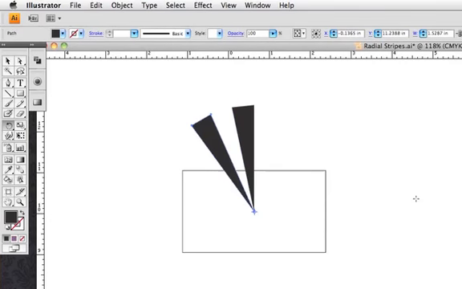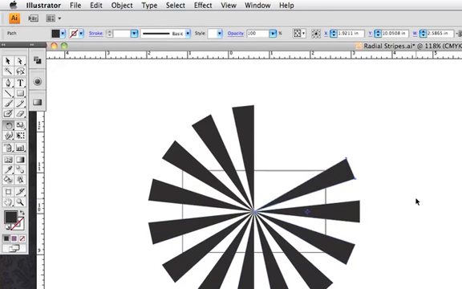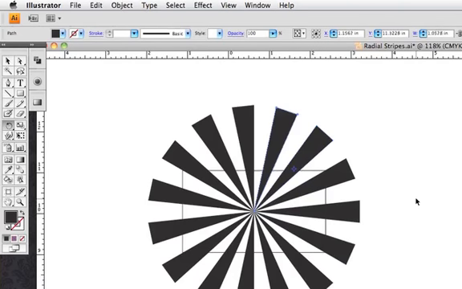There we have it. Now what we're going to do is Command C for copy, Command F for paste in front, and then we're going to do a Command D for duplicate. And now we're just going to do Command C, Command F, Command D, CFD, CFD. Just keep rotating that around. I'm holding the Command key and then doing C, F, and D. Now if I do it one more time, C, F, and D, it's right on top of it. So that made a perfect rotation.